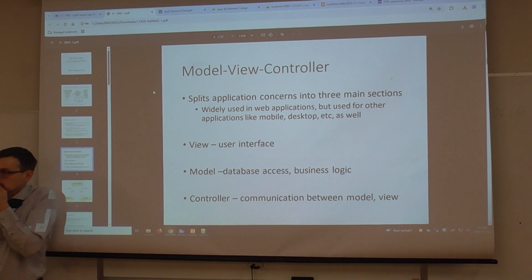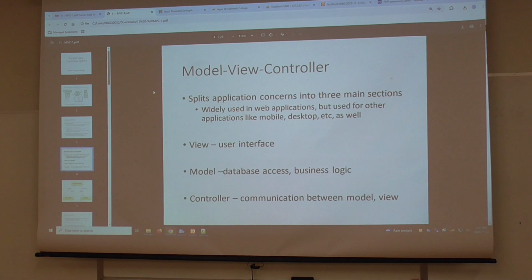Question? The example we did for the login and registration, the model and controller were the same. That's right. This is the reason that I led with that example, right? The password verification system that we just saw is a PHP classic kind of app architecture, right? When we want a login operation, we call login.php. When we want to register, it's register.php.